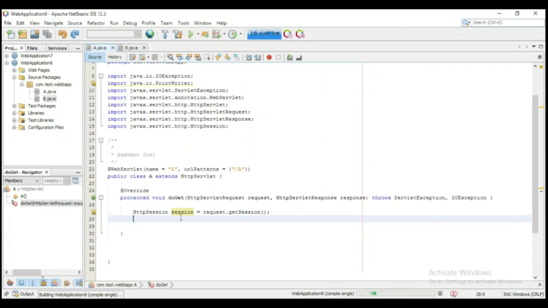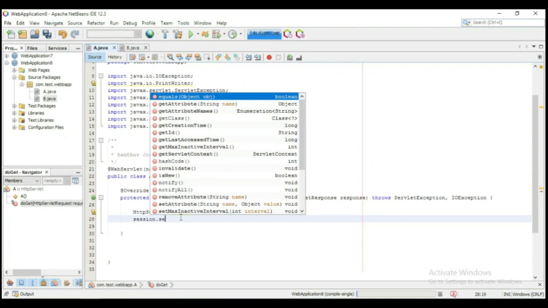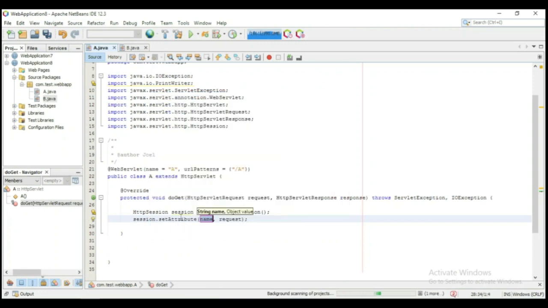So for that I need to type session.setAttribute. So in this setAttribute function, I can give a name and a value for the attribute that I'm going to set. So here I'm going to just give it name, just give my name here,